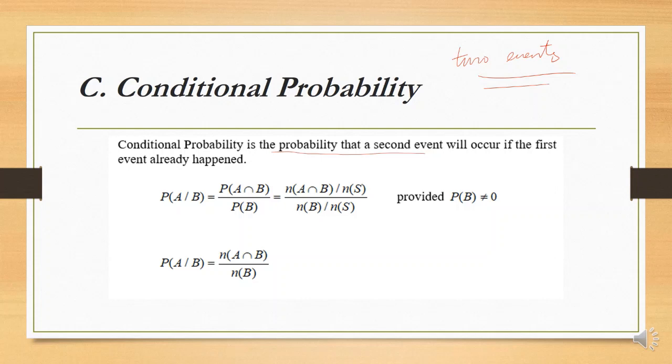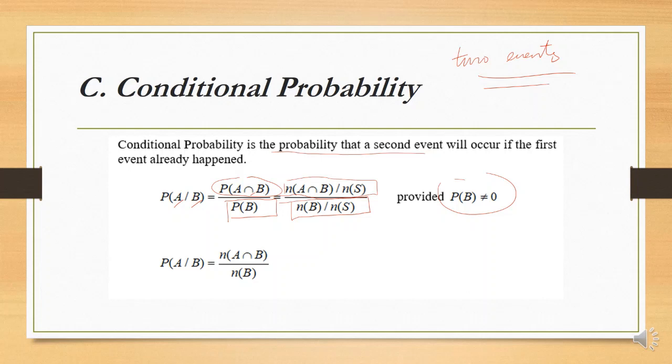The way to read this is: what is the probability of event A given that B has occurred, is equal to the probability of A intersection B over the probability of B. Which is equal to, when we have P of A intersection B, this is also equal to this. As well, for P of B, we have this. It's the same, provided that the probability of B is not equal to 0,